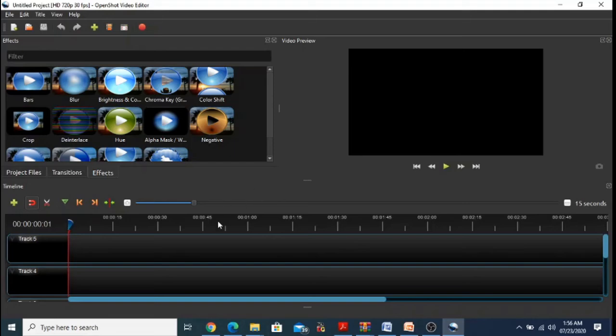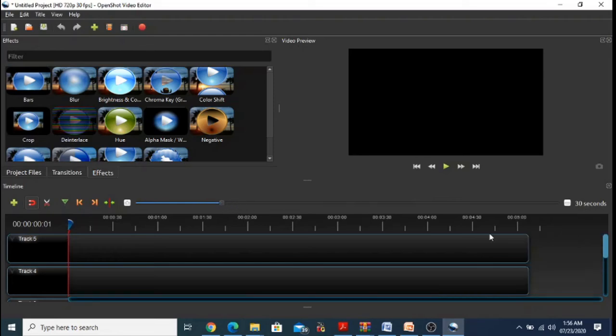Then you have the zoom slider. This is the zoom slider, this blue one. This will adjust the time scale of your timeline. See, this is the timeline. At the moment, this timeline is showing a gap of 15 seconds. If you move this slider, the time gap will increase to 20 seconds, and if you move it further, it will increase to 30 seconds and so on.